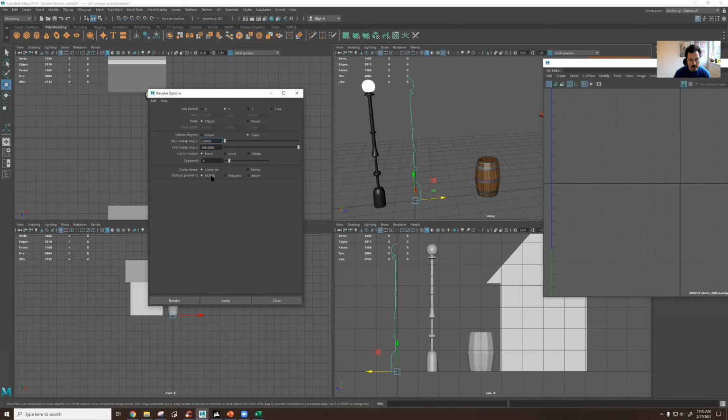So what I want to do is make sure that I'm not outputting to NURBS, because we don't use NURBS. We are gamers, so we use polygons for everything. Then for segments, I'm just going to dial that up to 16, which is about what I use for this one, to make it a little bit smoother. And the rest of the settings, I think, are fine. So if I hit apply,